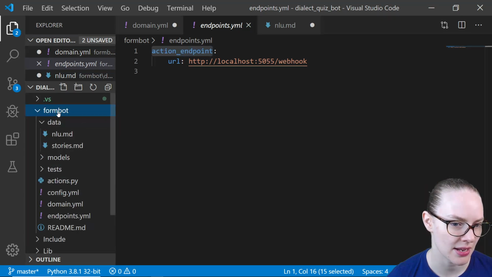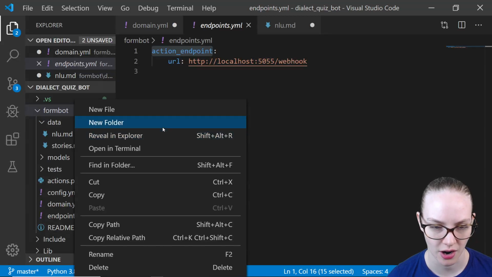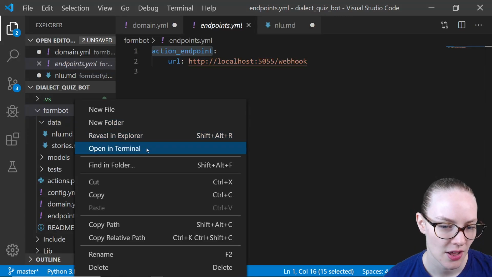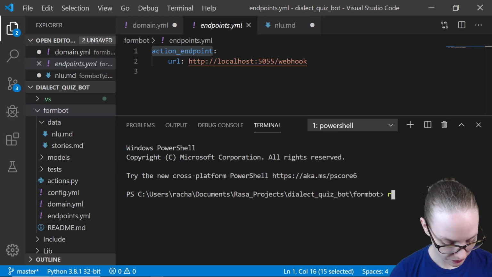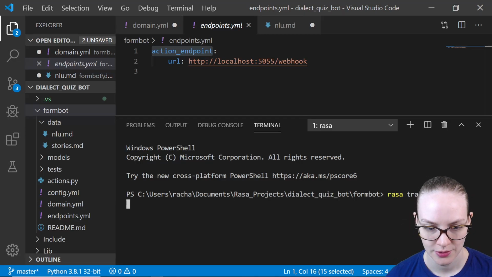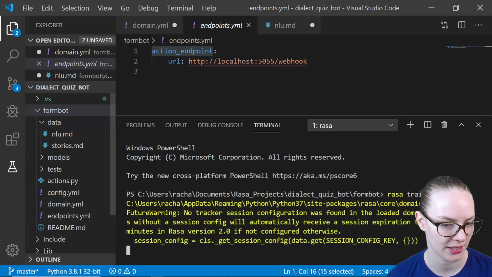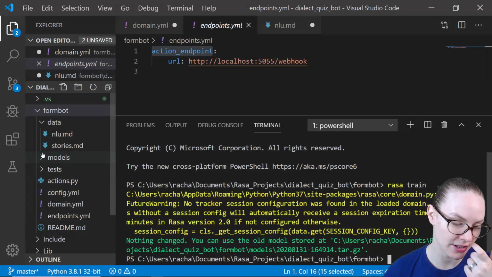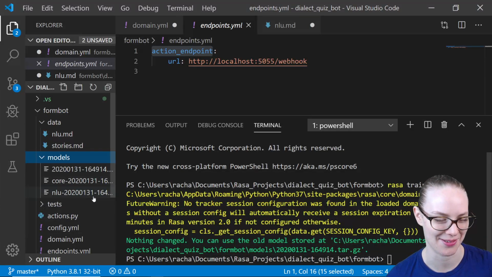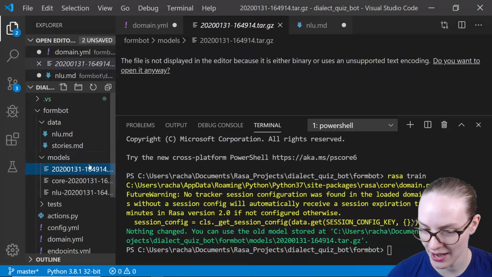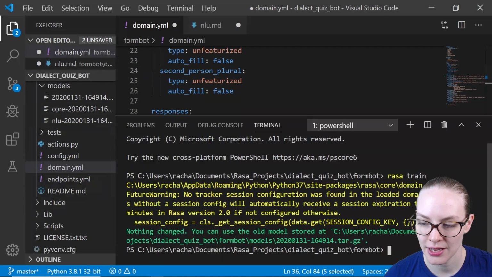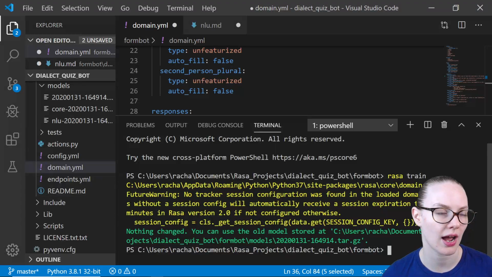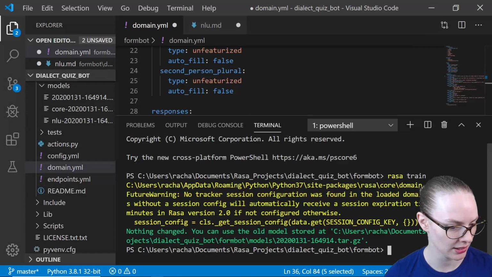So that's the information that we have in our bot so far, and we spent last week messing with that and getting it the way that we want, and now we should be able to actually run it. So first, let's train it. So I have Rasa installed, and the train command is going to train in my current directory, but you can see that I actually already trained a model to make sure that it would work. And it is in here, and it hasn't changed, so I haven't added anything new. And that's a binary, we don't need to look at that. So now, if we just try to run it in the shell,